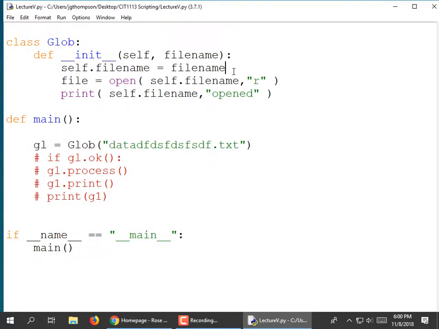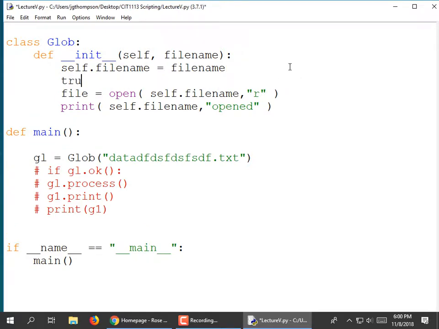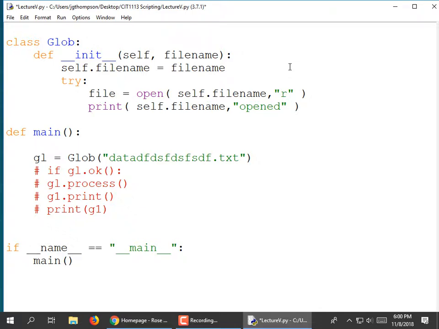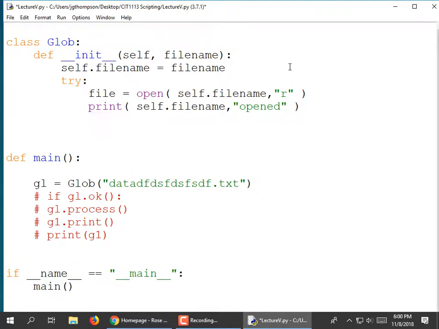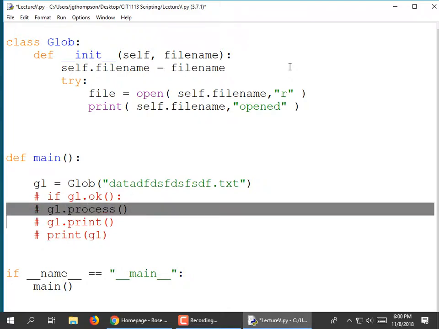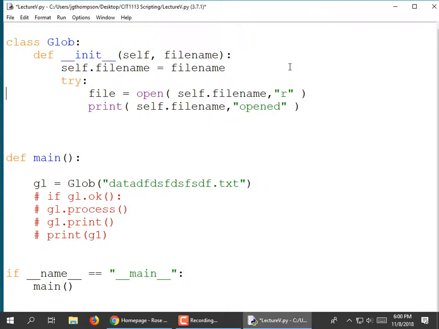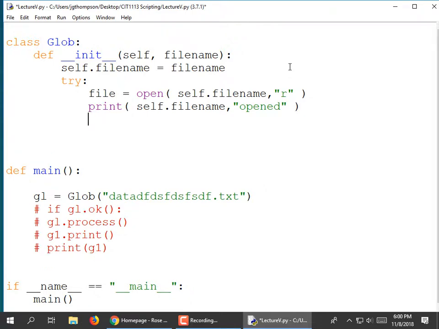So how's about here we do try, colon. But if there's a problem, oh wait, and if we get the file open, let's set an OK variable equal to true so we can always see if it worked or not, right? We could save the opening of this until the call to process, but I think we ought to try to open it as soon as we try to create our glob. So anyways, here's what we're going to do. If it worked, self.ok is equal to